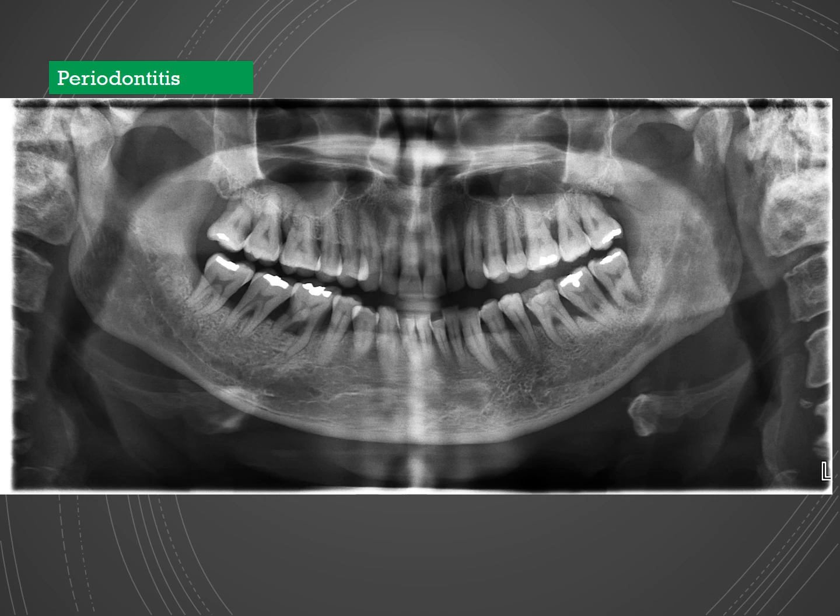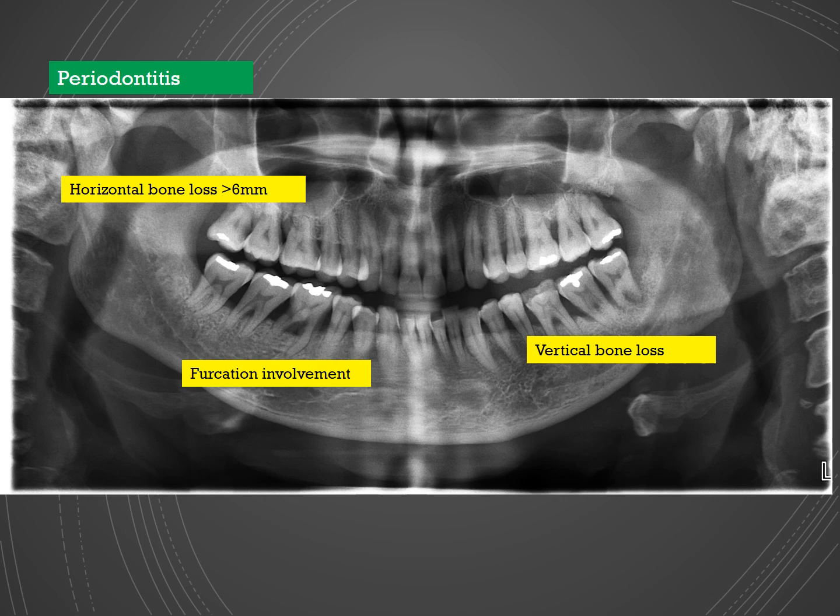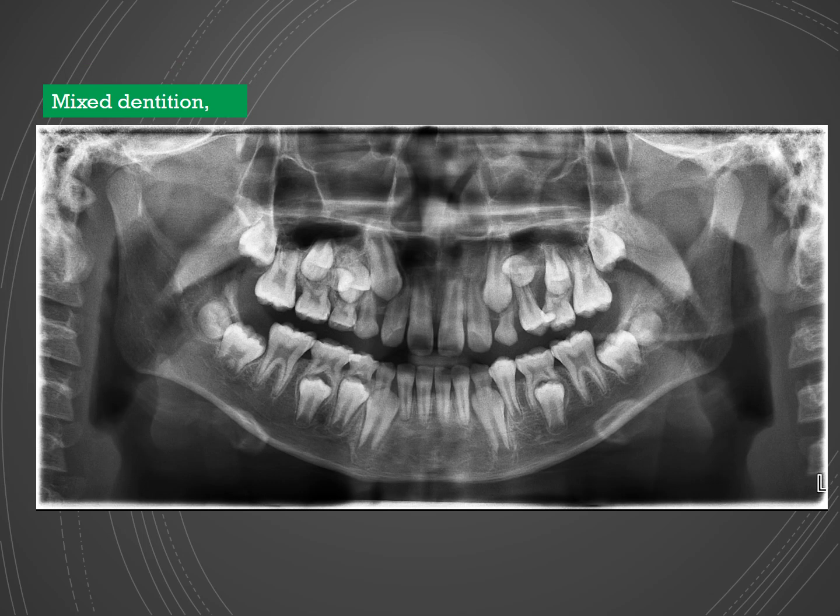For periodontitis, like we discussed, in cases where there is severe bone loss, horizontal as well as angular bone loss, it's a very important tool in assessment. So you can assess greater than 6 bone loss, vertical bone loss, and also furcation involvement, which can be clearly seen. Mixed dentition, yes, of course, is of great value in understanding where the location of the unerupted or predecessor